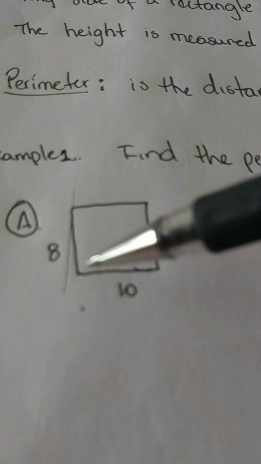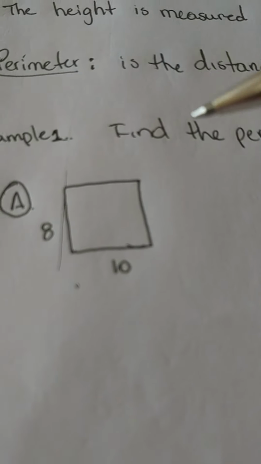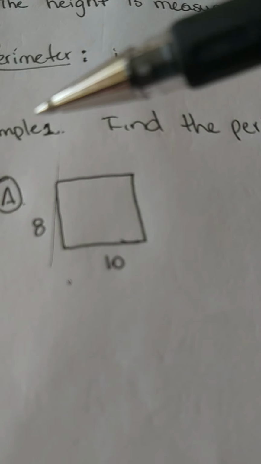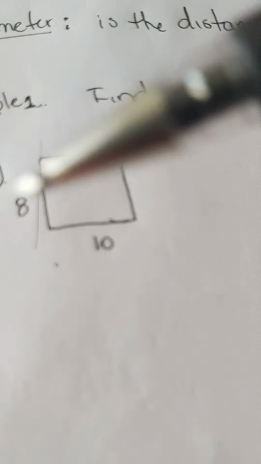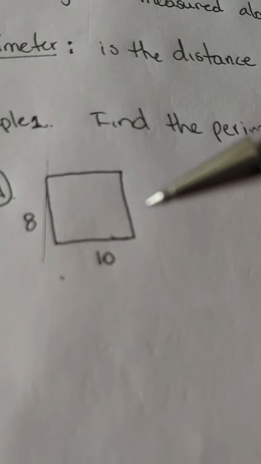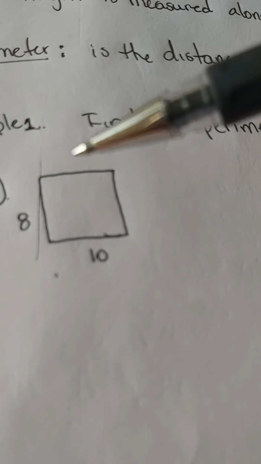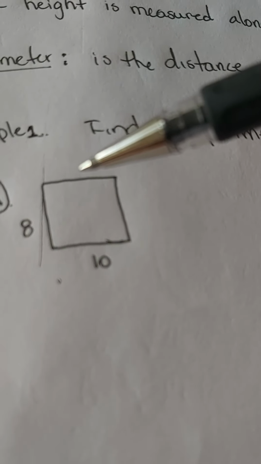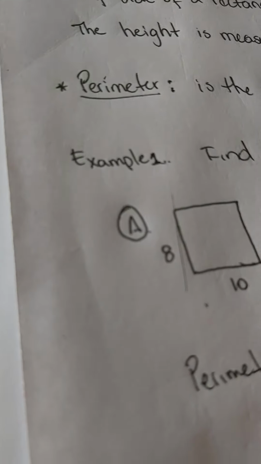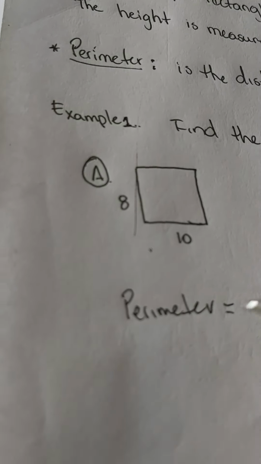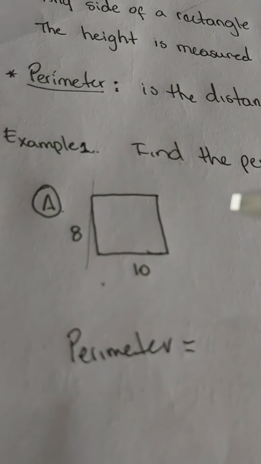This side measures 8 and this side measures 10. By definition, we know that rectangles are parallelograms, right? It has two pairs of parallel lines and they are congruent. That means if this measures 8, this side will measure 8. If this measures 10, this one over here will also measure 10. So by definition, perimeter is equal to the sum of all the sides. So in this case, this side measures 8